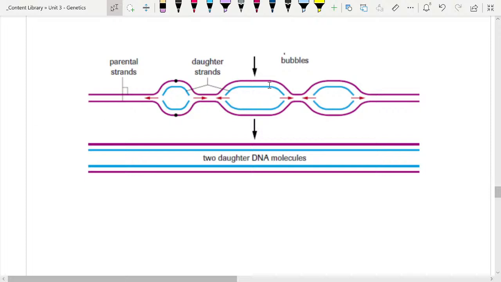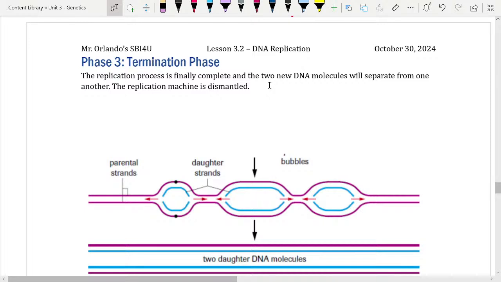Termination phase meaning, what's it mean to terminate something? To end it, to finish it, right? Well, not necessarily. In this case, we're not killing the DNA, but what we are doing is terminating the replication. So once the full leading strand is replicated,